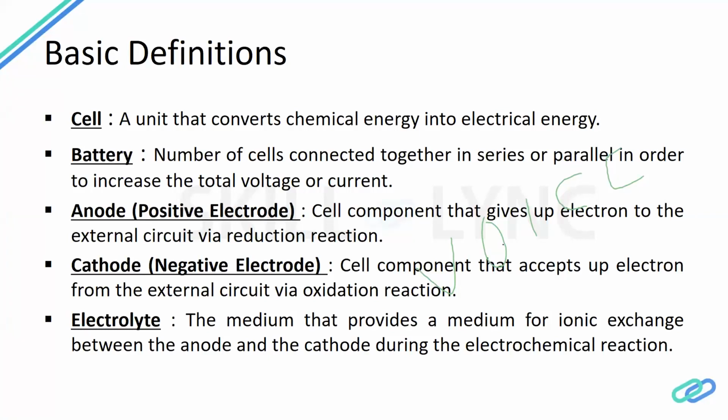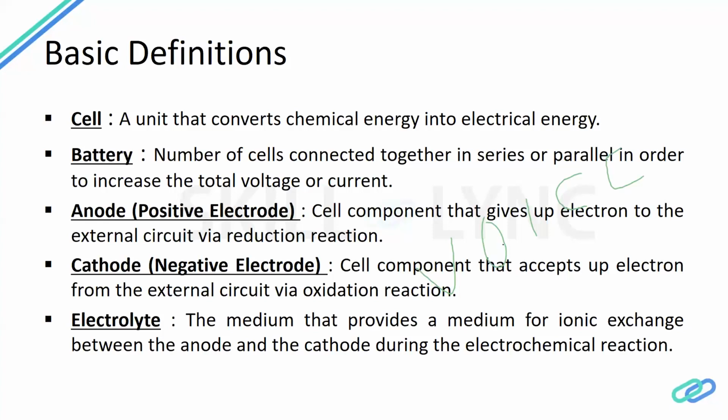It's anode, cathode, and electrolyte. Now I assume that you all know the old form of electrolysis, where there is an anode, a cathode, and an electrolyte. But it's not exactly electrolysis. It works on the same principle, where the anode is a positive electrode which will give up the electron, right? In 12th standard, you might have done oxidation reduction reactions, where the ions will go from positive to negative, generating that chemical energy, and with that chemical energy we generate electrical energy.